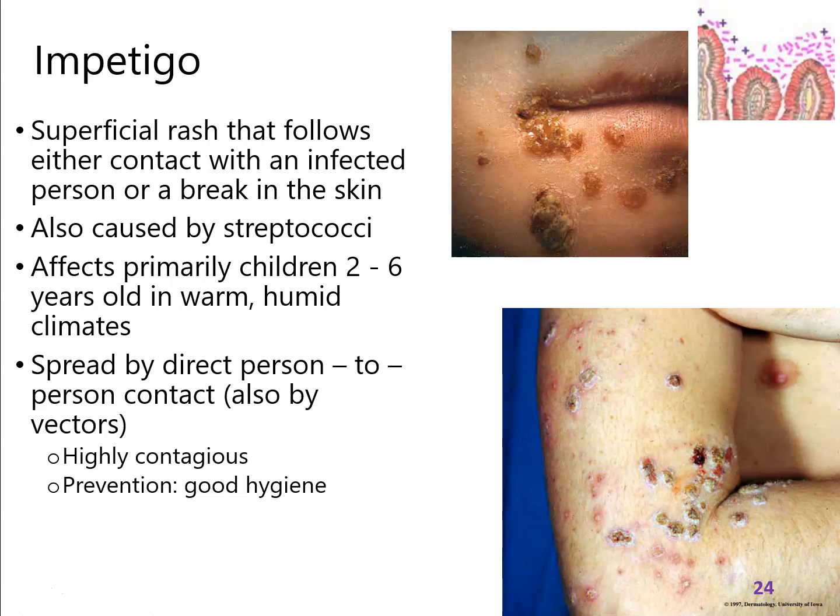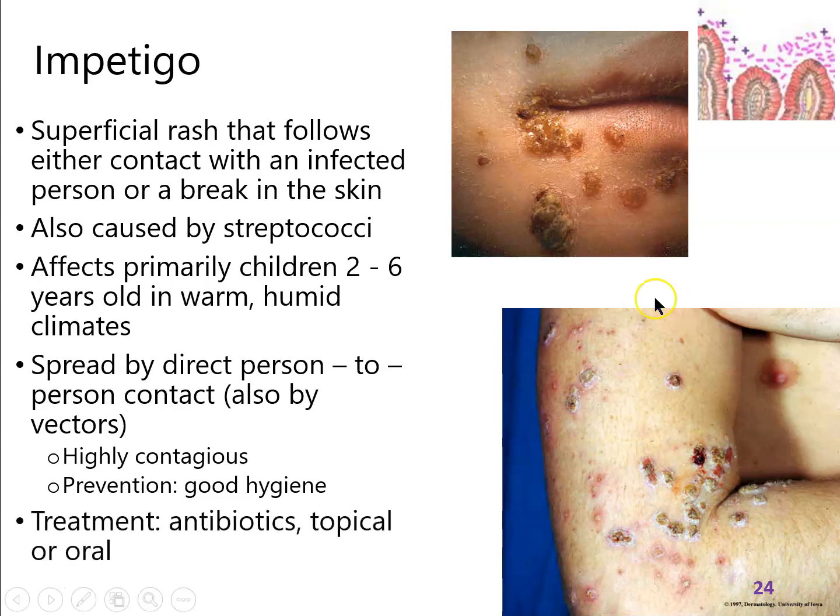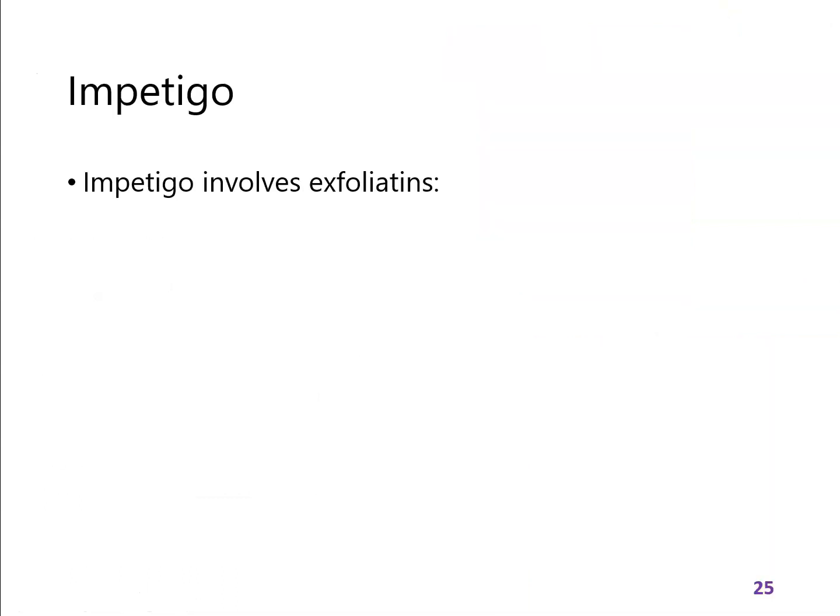Typically, prevention would be separating children from each other so they can't touch each other, and considering the wounds to be infectious. And so covering the wounds, and preventing contaminated materials like bedding and clothing from being shared, can prevent spreading of impetigo. Treatment would be antibiotic treatment, and that's pretty straightforward. Prevention is always better than treatment. Anyway, impetigo